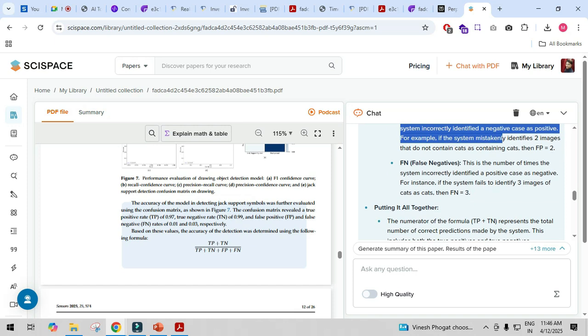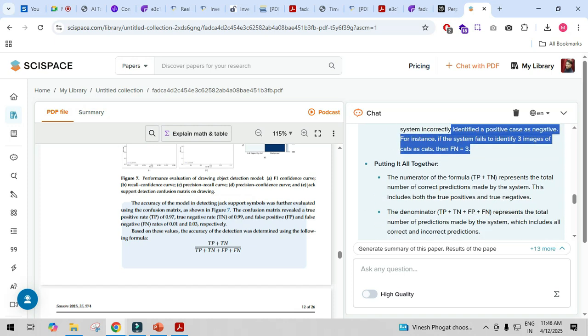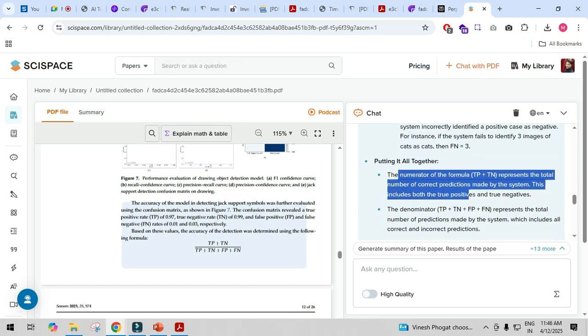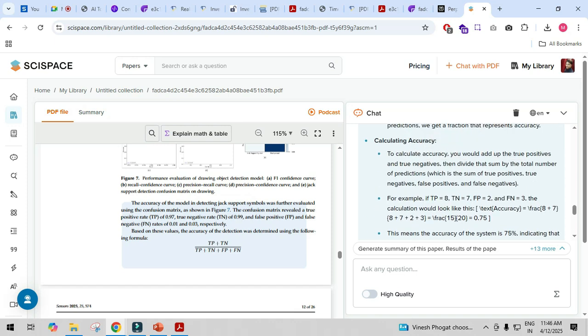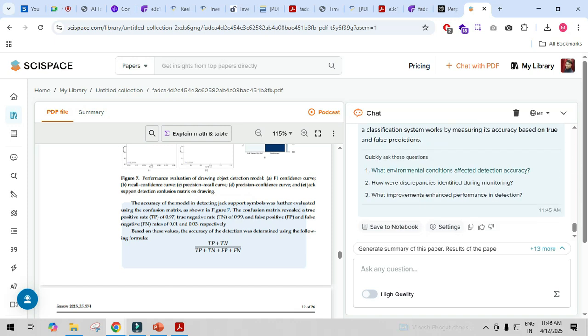FN is a false negative. What is the meaning of it? Putting it all together, how the whole thing works. Okay, so you can also have this kind of. Now, having understood this one, I will ask AI,